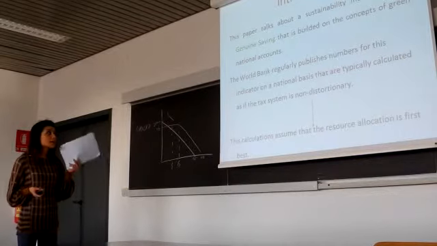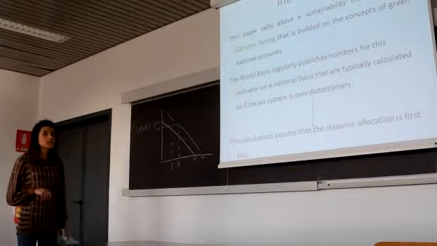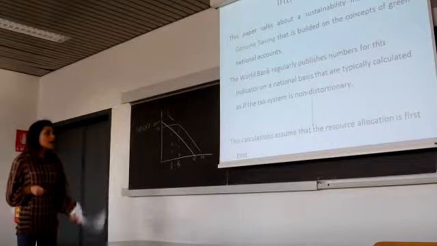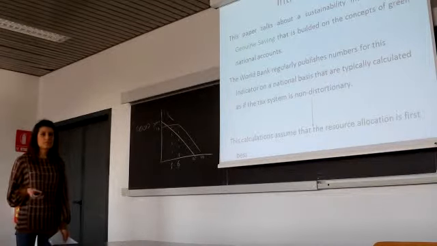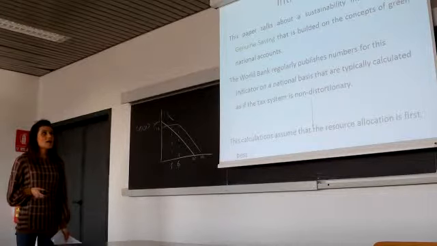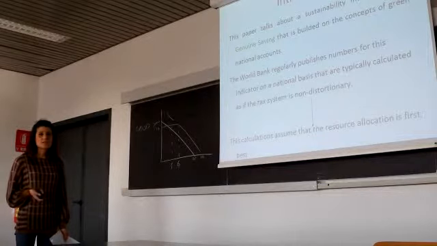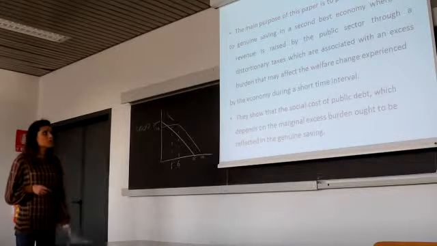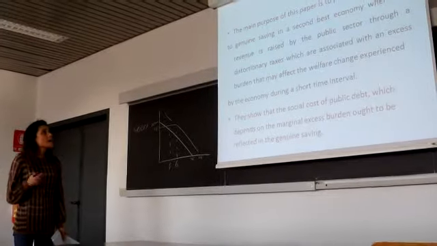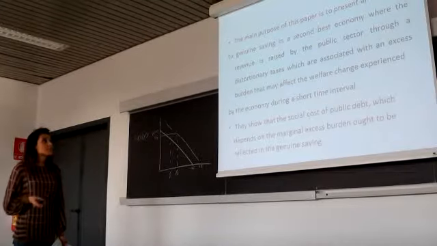They are typically calculated as if the tax system is non-distortionary. So these calculations assume the resource allocation is first best. For this reason, they haven't received sufficient attention. The main purpose of this paper is to present an analog to genuine saving in a second-best economy,